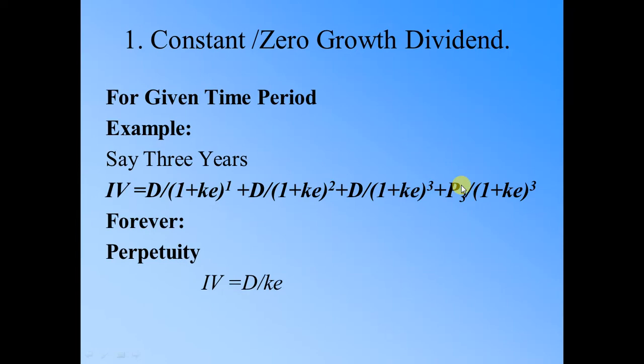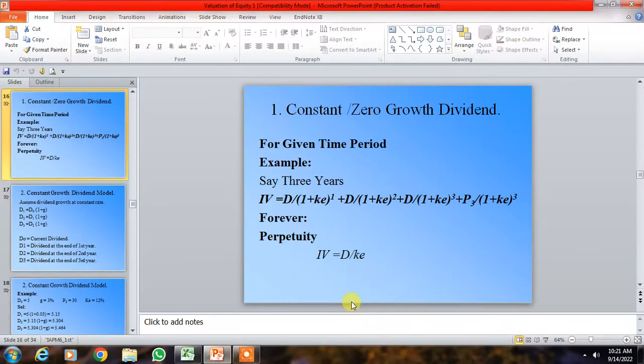P3 means the price of the common share at the end of the third year. So in case you are purchasing this share forever, then we can use the concept of the perpetuity because the dividend is constant and forever. So it fulfills the conditions of the perpetuity. We can take an example,